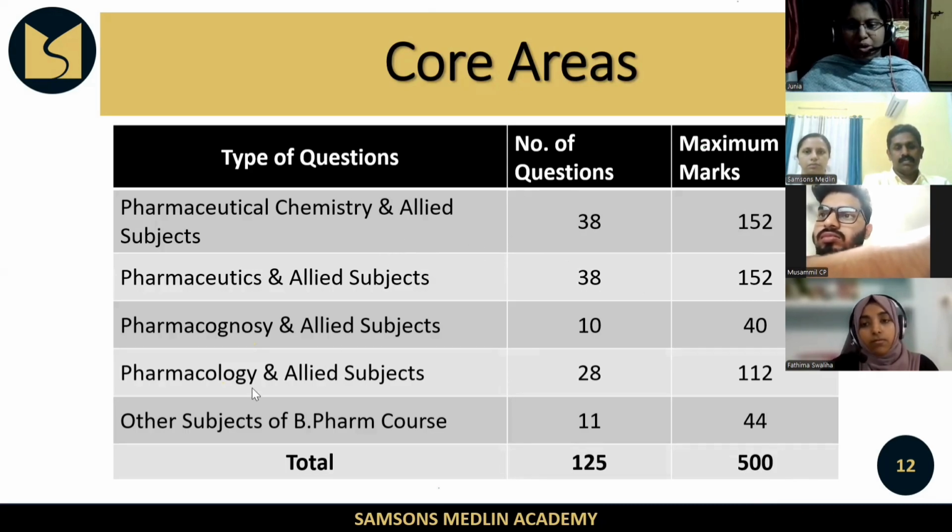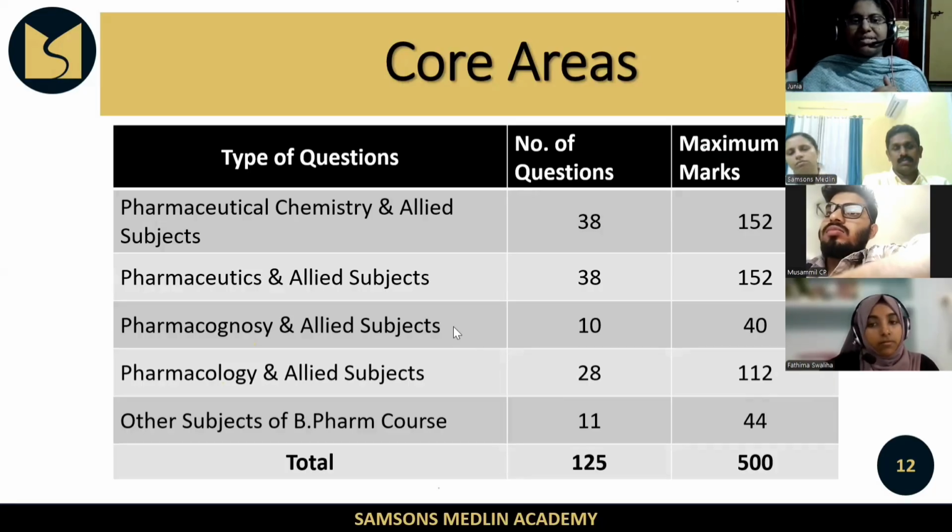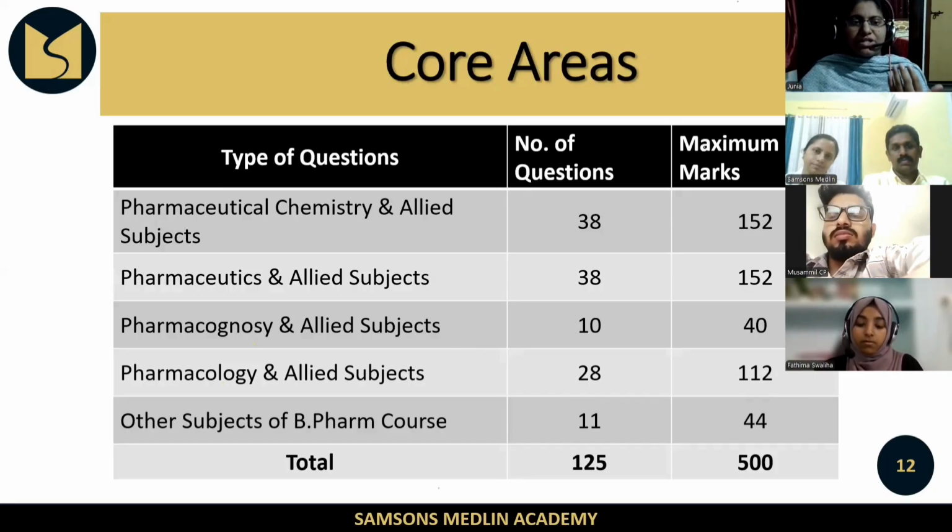Followed by pharmacology, around 28 questions with a maximum mark of 112, followed by pharmacognosy and other subjects. So other subjects include pharmacy practice, social and preventive medicine. Okay, so these subjects, this doesn't mean that you can ignore the least important subjects like pharmacognosy or other